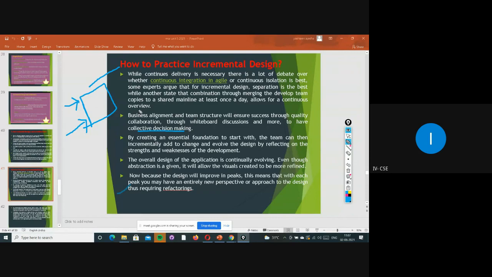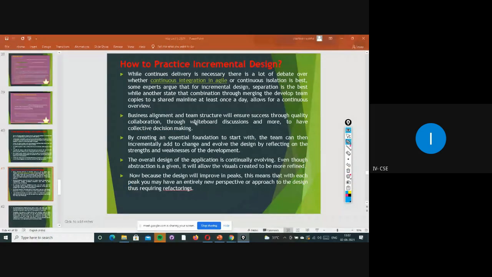Overall, this design is going to evolve and help us create something more refined, without any issues or problems, so we can solve all these things and get a clean and clear project, so that the customer is happy at last.